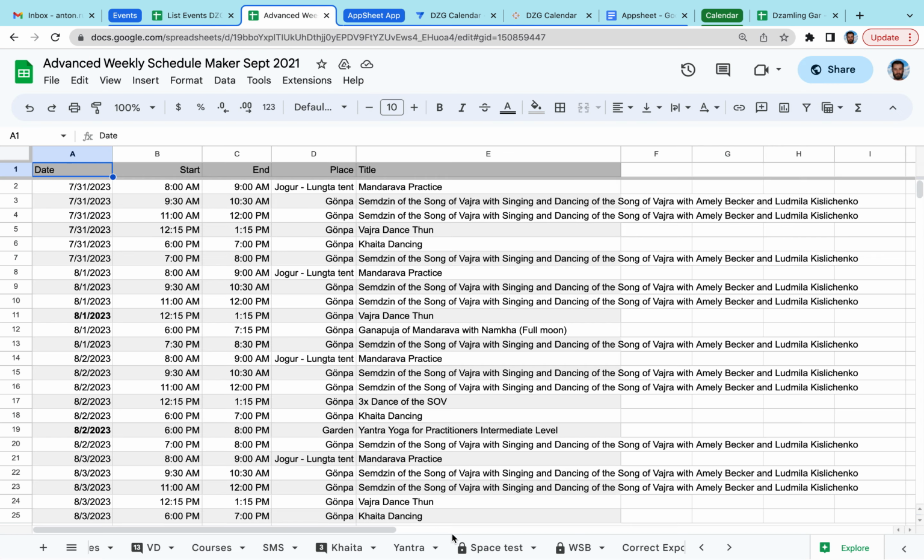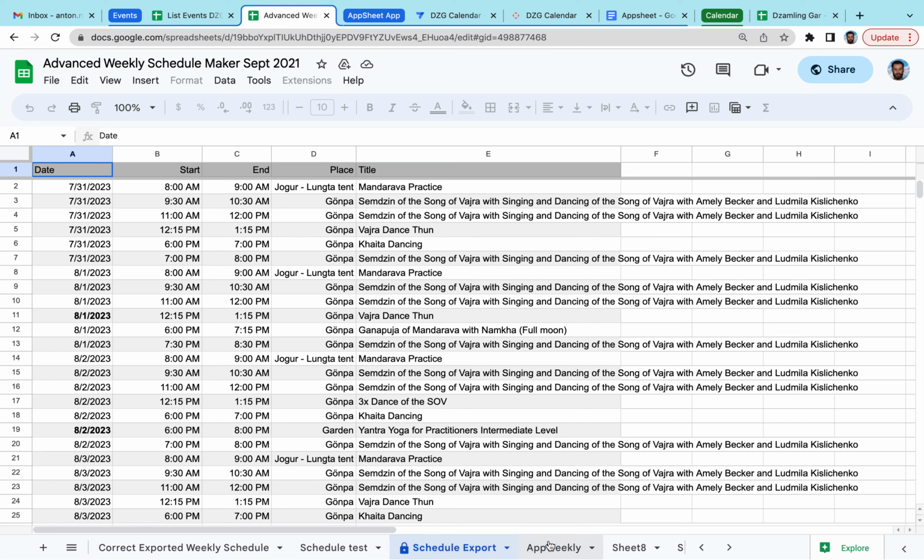And the same, we created an additional file which is called app weekly, which is basically a copy of the schedule export file that we use.